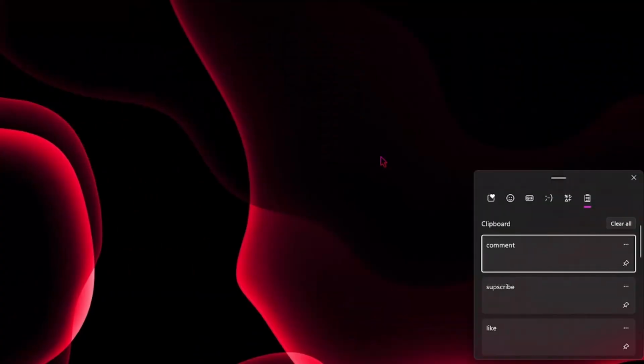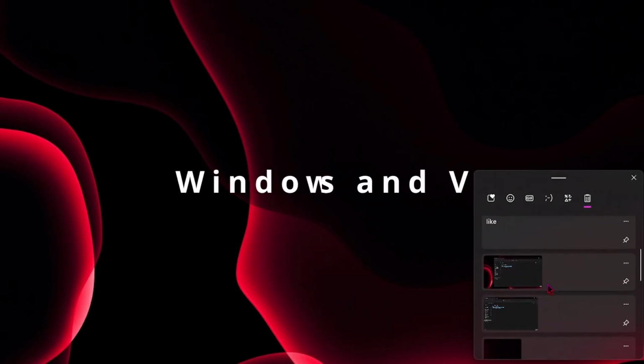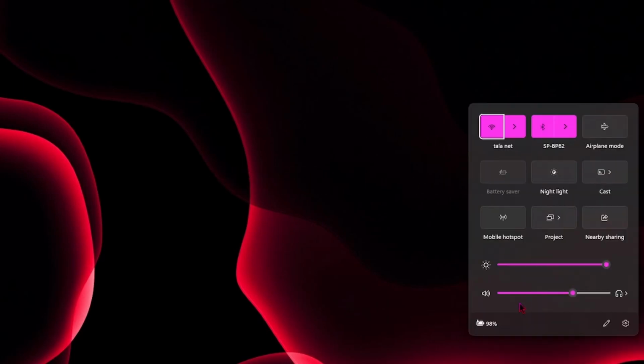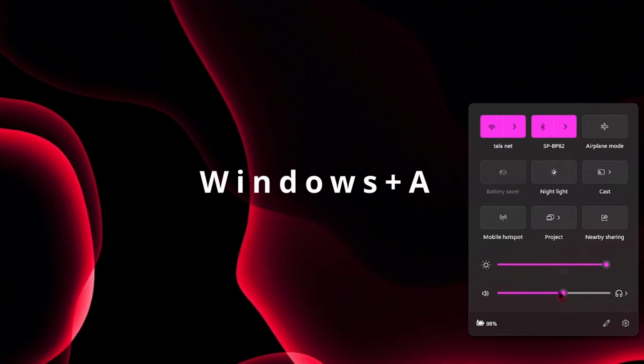The next shortcut is showing the Windows clipboard. Did you know that there is a clipboard in Windows? Just like the clipboard that you have in your phone, it can even save some screenshots. How cool is that? To open it just press Windows and V, show the Action Center by pressing Windows and letter A and do a small setting adjust real quick.